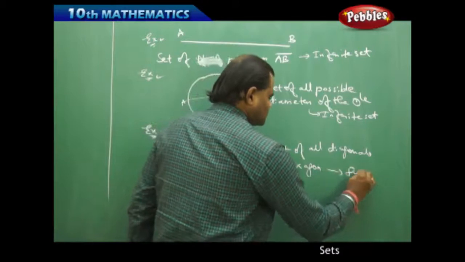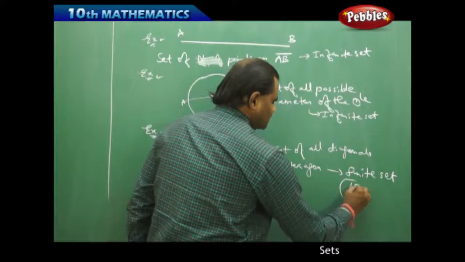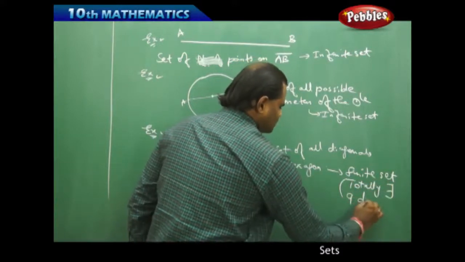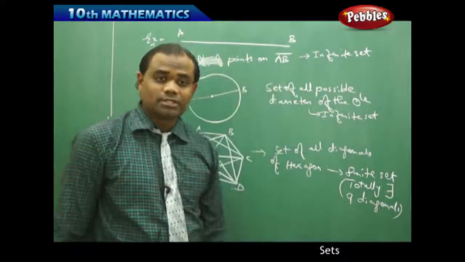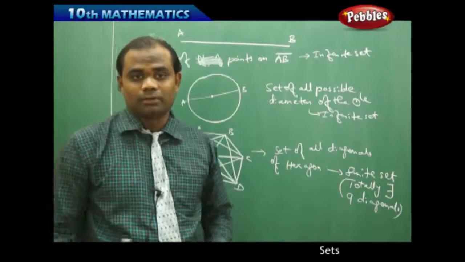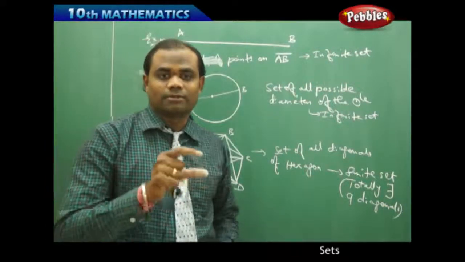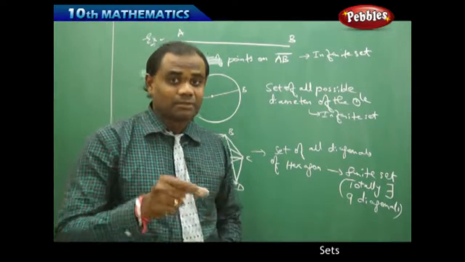This is a finite set because totally there exist 9 diagonals for a hexagon. So this can also be connected with a polygon. The set of all diagonals of a polygon is a finite set but not an infinite set. And to identify finite and infinite sets, sometimes we need the mathematics